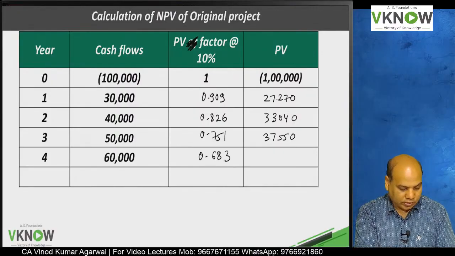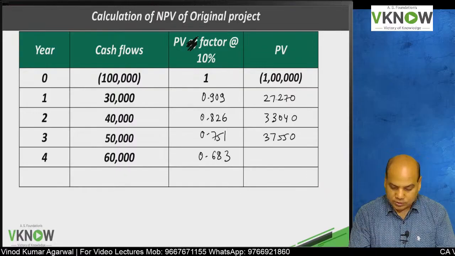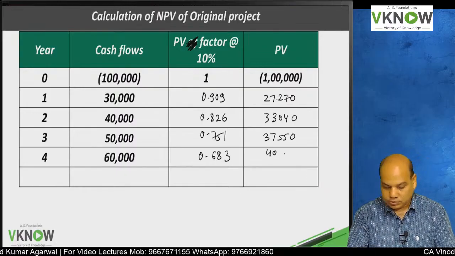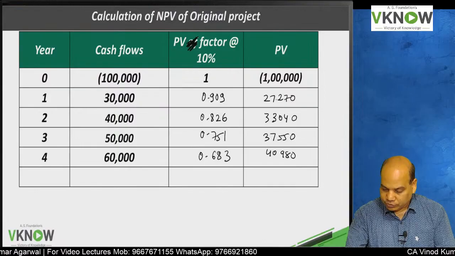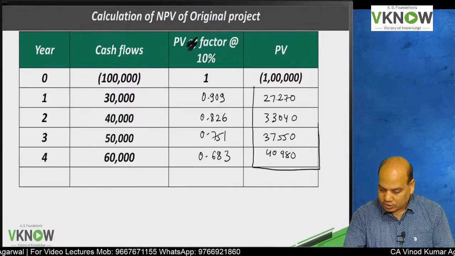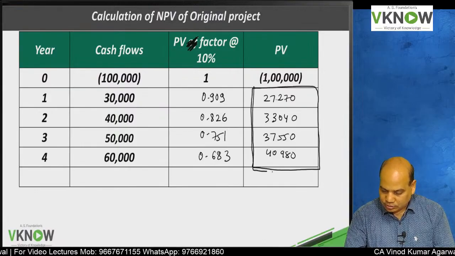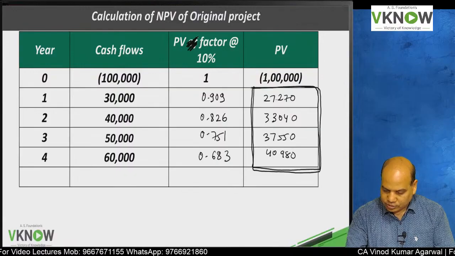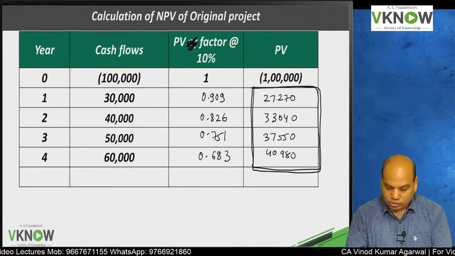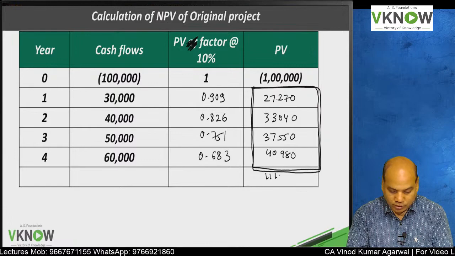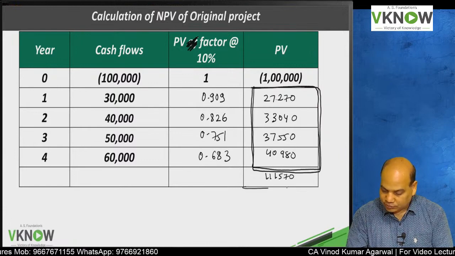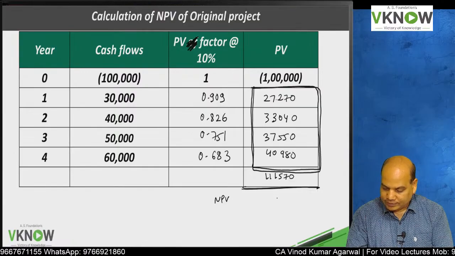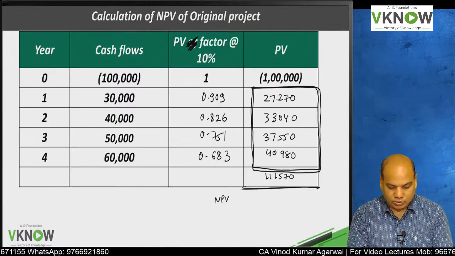Then 60,000 into 0.683 equal to memory plus 40980. First you put these four numbers in one box and write the total below 111570, and then write down NPV will be 111570 minus 1 lakh,